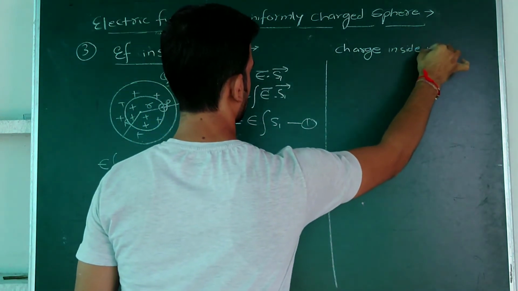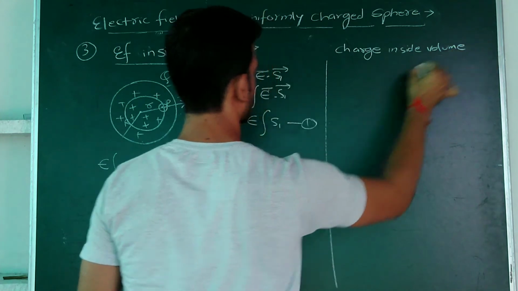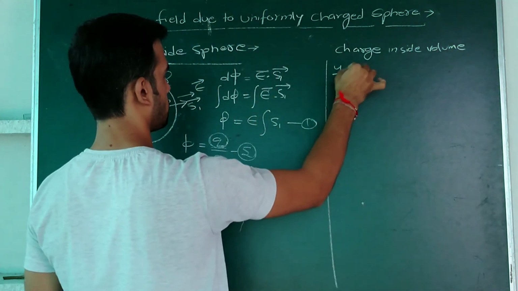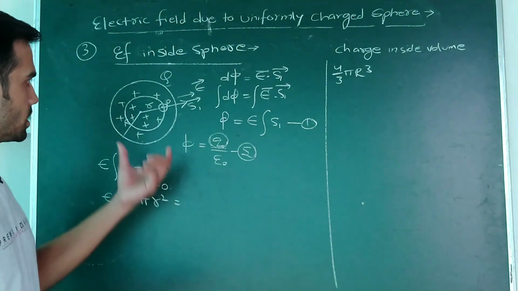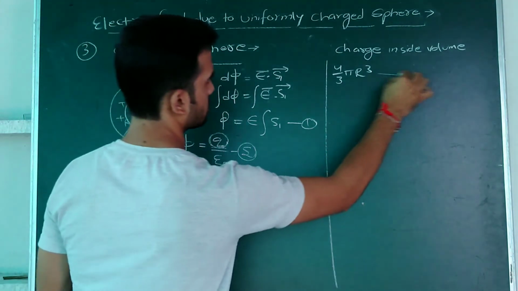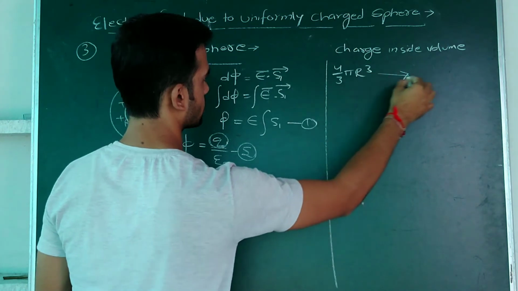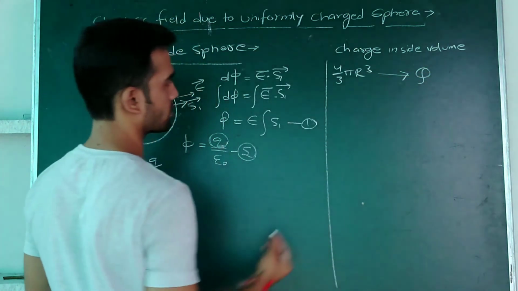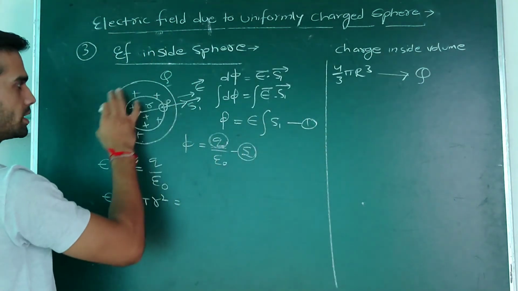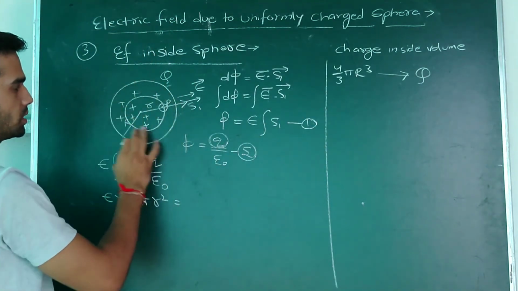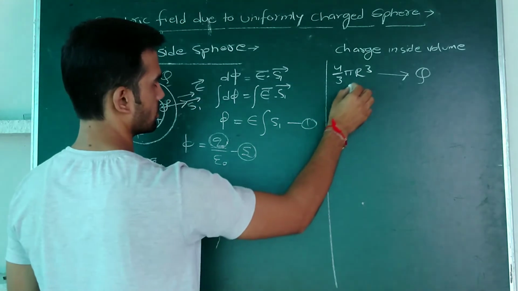inside volume 4 by 3 pi capital R cube. This is the volume of the complete sphere, and the charge present inside this volume is capital Q. Okay, if charge capital Q is uniformly distributed in whole volume, then we can say that